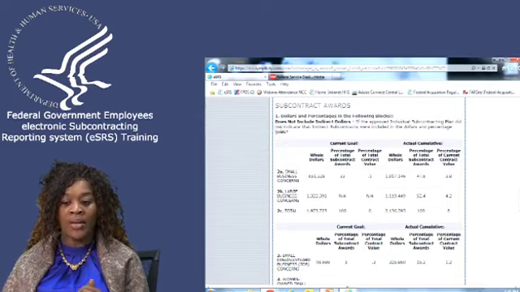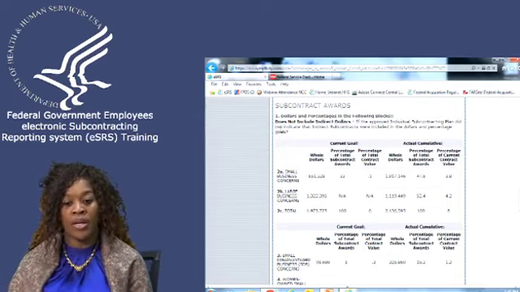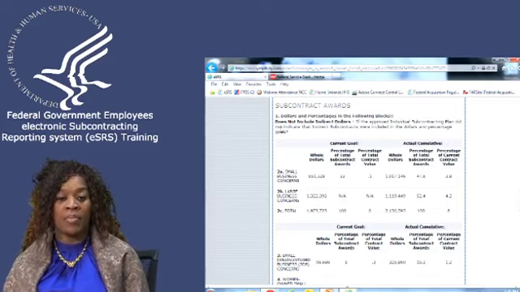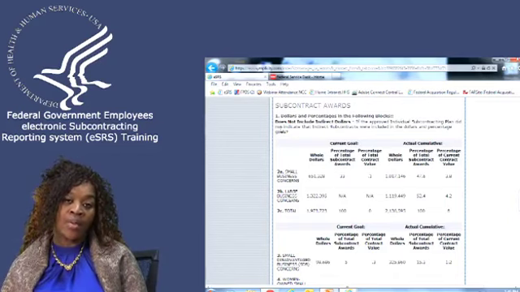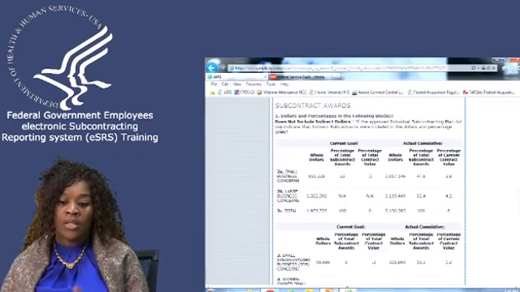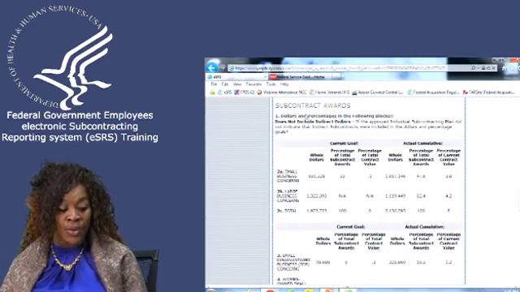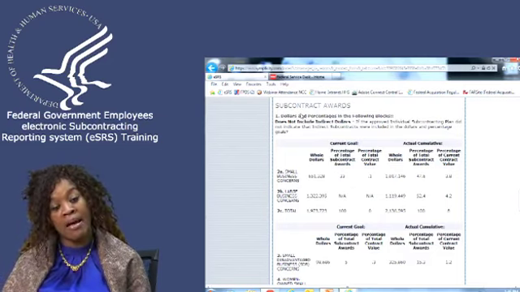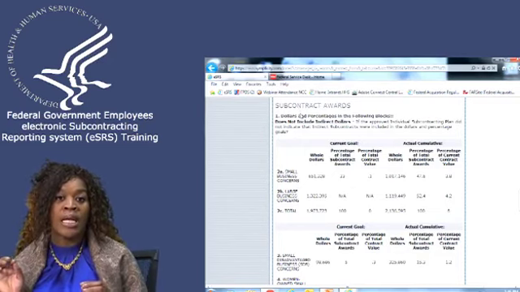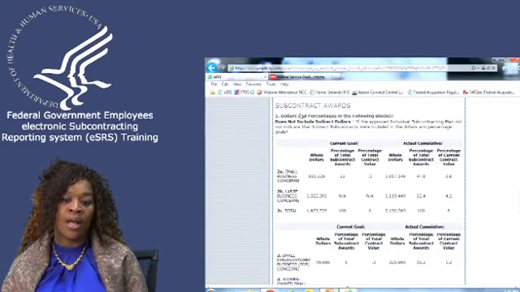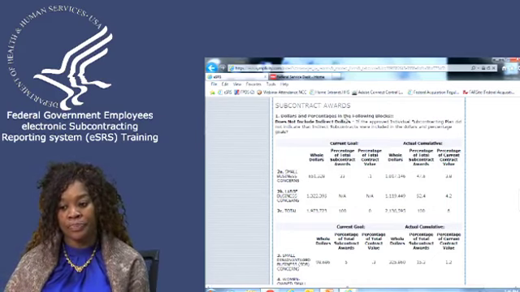Everything else, we're asking whether or not they have included indirect dollars or direct dollars in this report. If their subcontracting plan did not say that they can include indirect dollars in the ISR report, they are not able to. So if you're reviewing this and they say they did have indirect dollars and you look at their plan and it says they cannot, then you need to reject the report and ask them to redo the report, subtracting the indirect dollars. But in this case, it told us that they do not have indirect dollars.